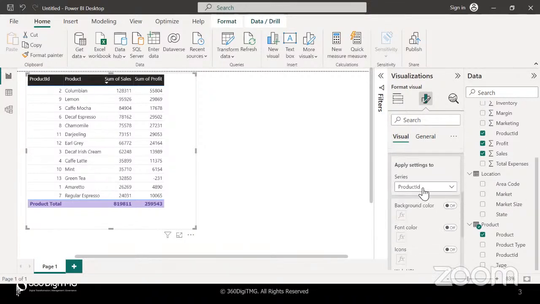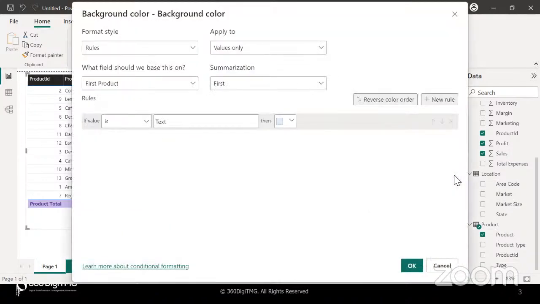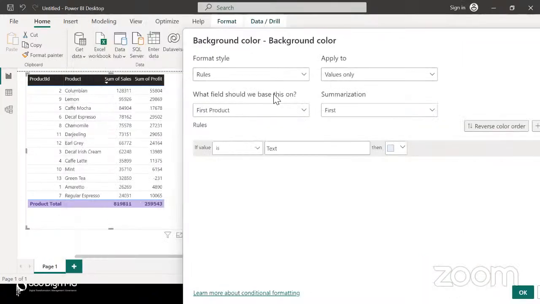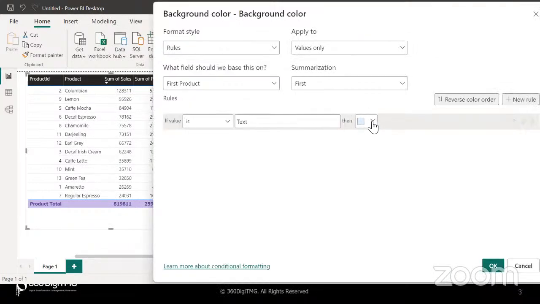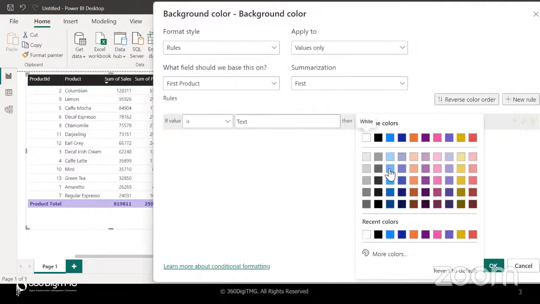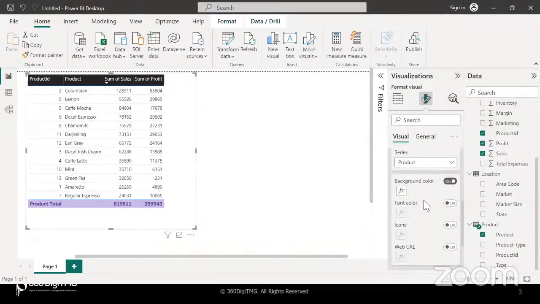Let me now try it with product. With product, which is not numerical, right? If it is not numerical, then what can we do? At most, you can give it a background color. And what color? Look at that. First product summarization by first. So it's giving a color. Let's say all the text values will get a color now. Everything over there is text. So everything in the product column,